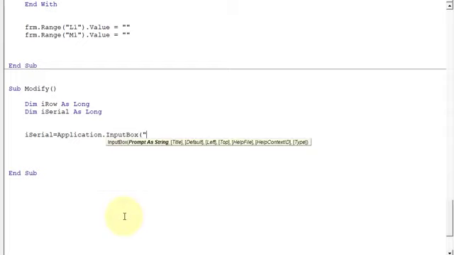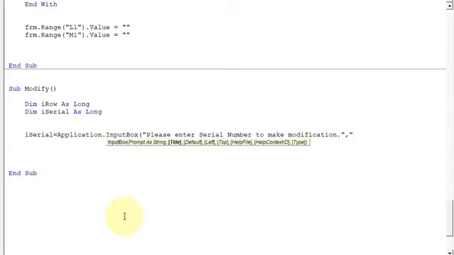Prompt as a string should be please enter serial number to make modification, or modify the records basically, comma,